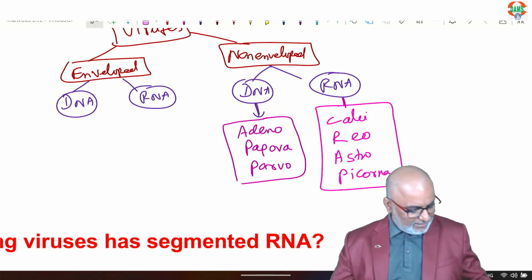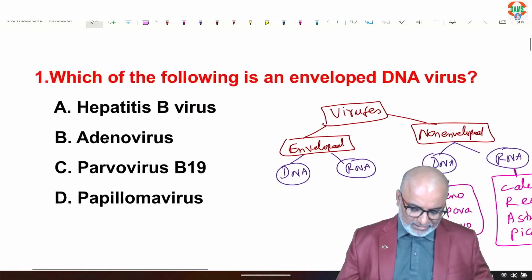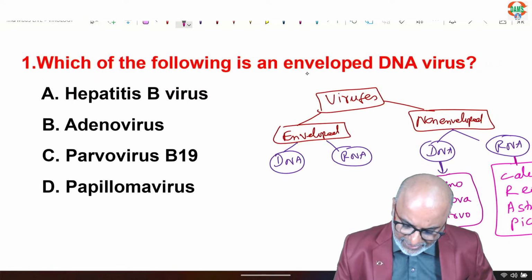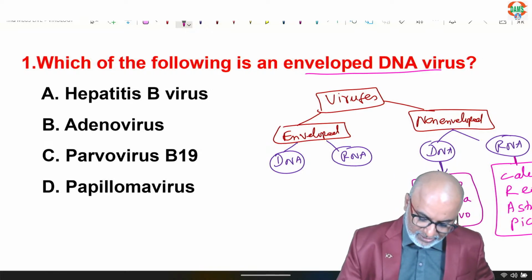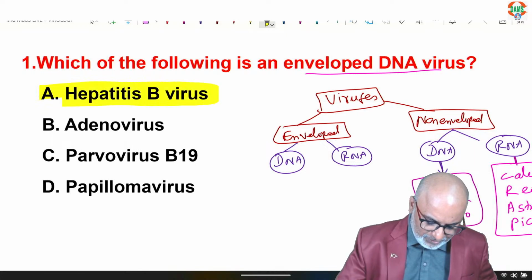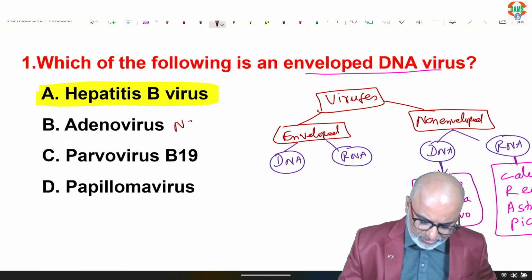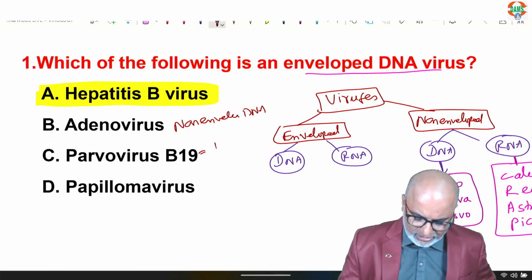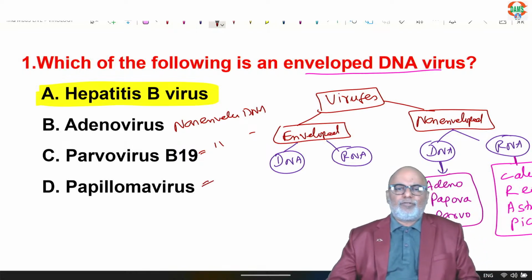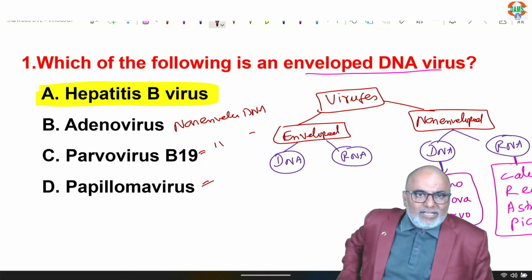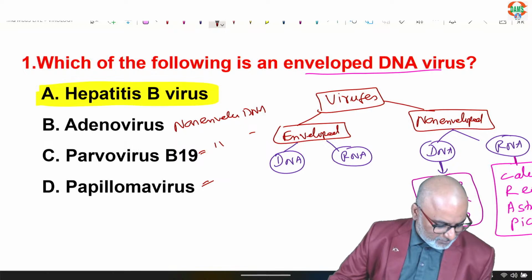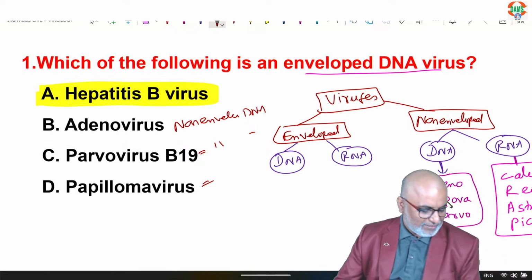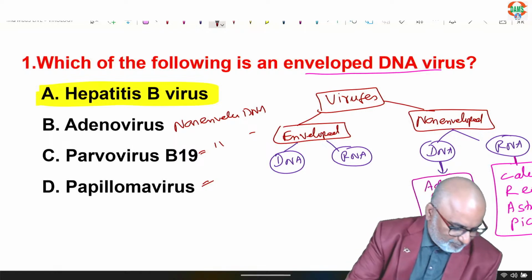Make it easy. Yes, Muhammad Mustafa. Your answer to which of the following is an enveloped DNA virus: the enveloped DNA virus is hepatitis B virus, because adenovirus is non-enveloped, parvovirus is non-enveloped, and papillomavirus comes under Papovaviridae, a non-enveloped virus. Got it? Hepatitis B virus. You are right. Next is